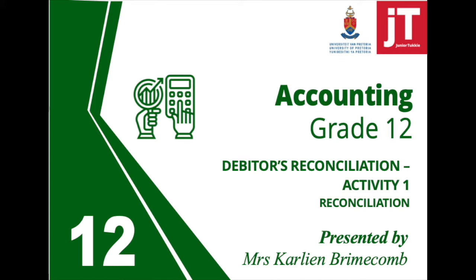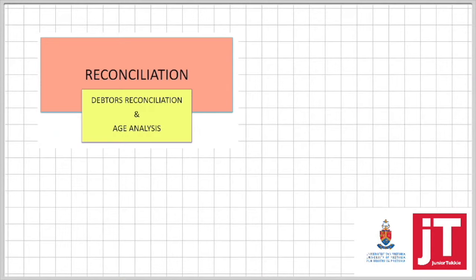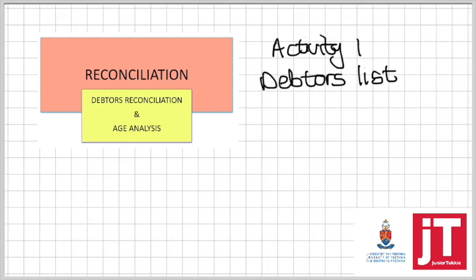Good day. We are going to look at debtors reconciliation and age analysis. Debtors reconciliation is nothing new. It's work covered in grade 10, where we're specifically looking at the debtors list must be equal to the control account. Age analysis is new to grade 12. It's something that we will look at a little bit later on. The focus of this activity is where we look at the debtors list must be equal to the debtors control